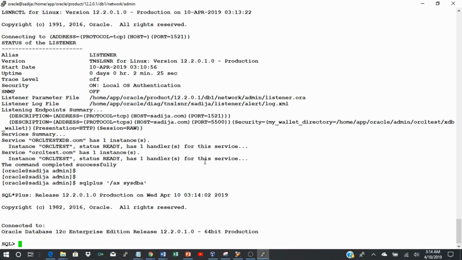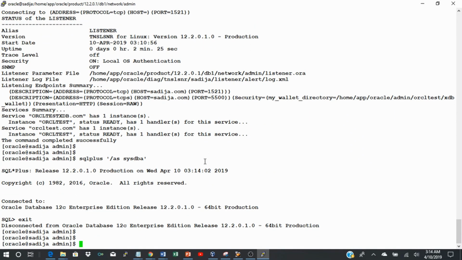As I told you, we have two methods that we can use to log into the database. We have the TNS names, or the local naming method, and the Easy Connect. The way we log in using TNS, to prove that we are logging in through TNS names, we'll just do TNS ping, because it allows you to log in just using the SID, which is just the system identifier. So if I just exit here,